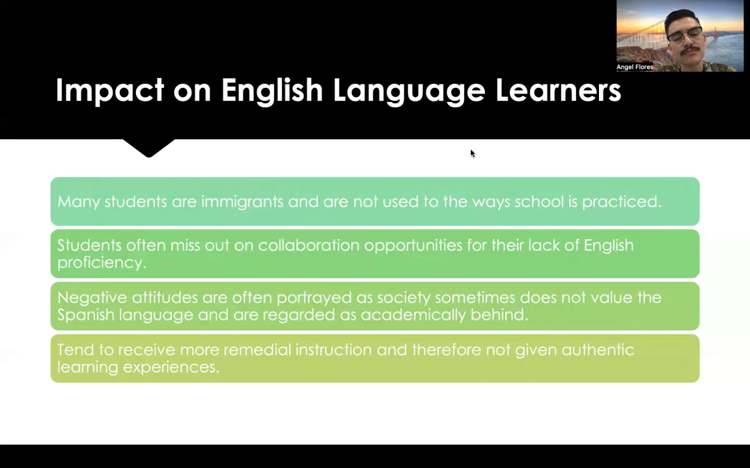And so instead of having a more positive attitude towards bilingualism, towards learning 2 languages, we portray this attitude of, you know what, it's English that dominates. The Spanish always comes in second, instead of providing instruction in a more balanced way and promoting the benefits of bilingualism. English language learners tend to receive more remedial instruction, unfortunately, and therefore they are not provided with authentic learning experiences. And so it always comes to this, we provide